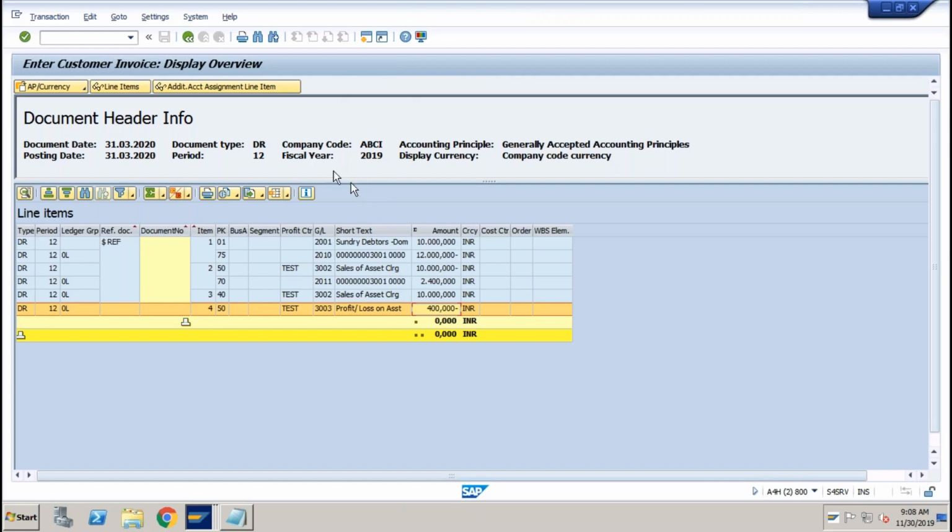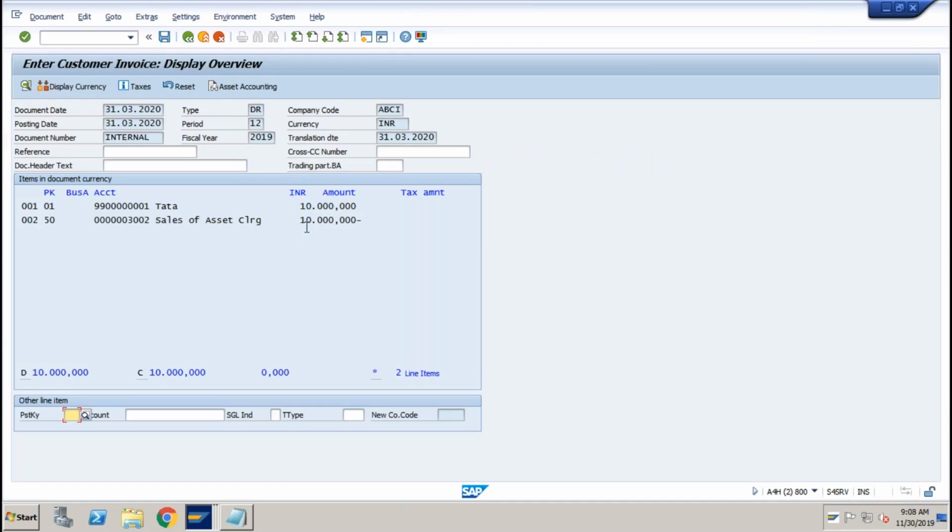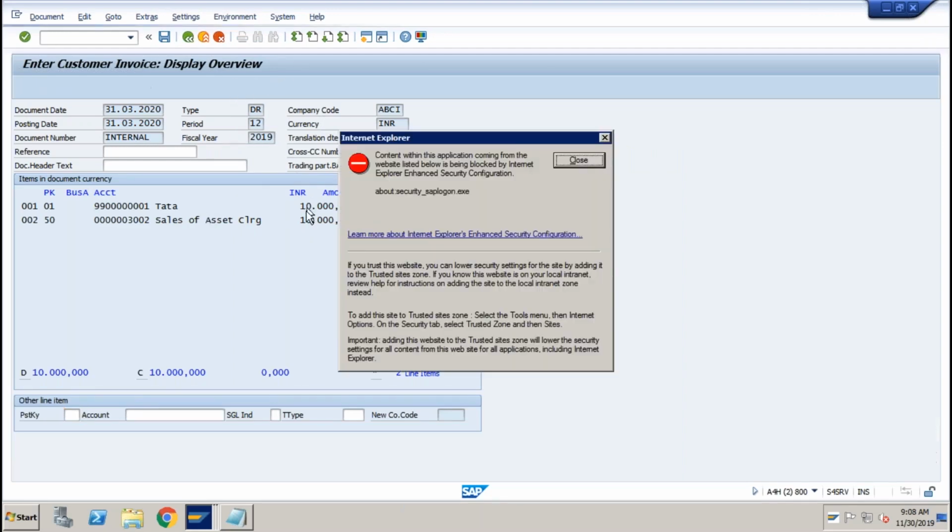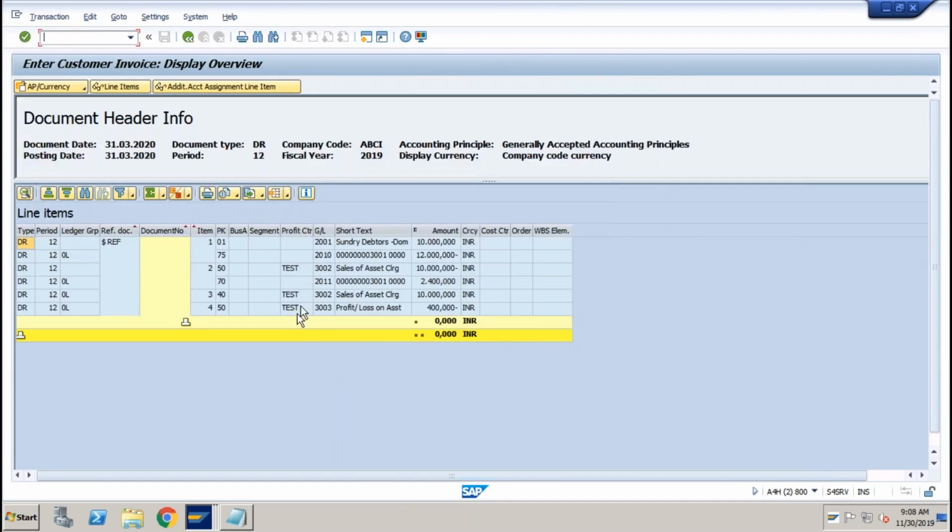Okay, so this is also getting divided into two parts, operational part and valuation specific part. So if you see, this document is operational, customer debit to sales clearing account credit. Okay, and other details are available in the valuation specific document. Clear on this? See, the only difference between sale and scrap is in scrap,